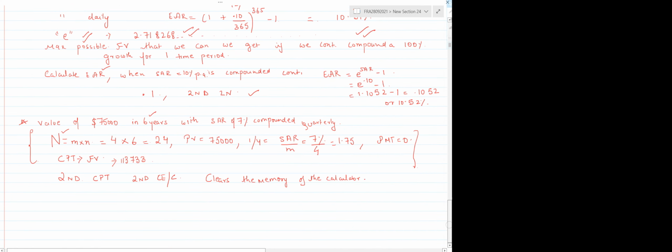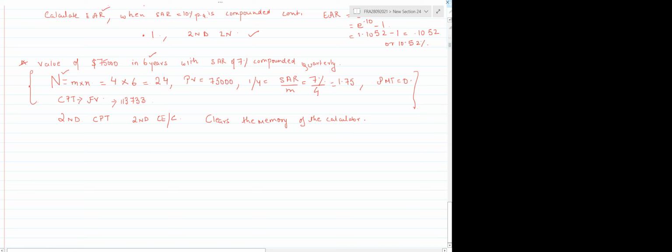Very important point, guys. Please pay due attention. Tomorrow I'll ask you questions on this particular topic. When I was compounding semi-annually, in a number of questions, the question will not tell you the M. The question will never state what is M. So what to do in that case? This is not given in the books, you have to infer this particular thing.